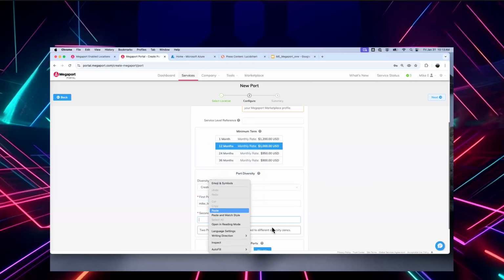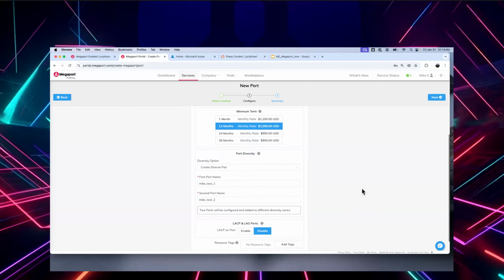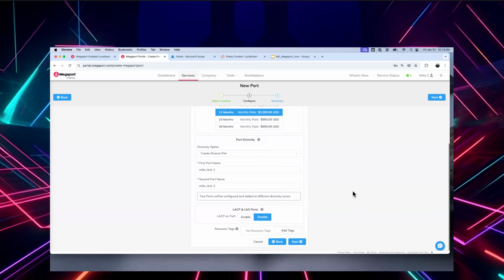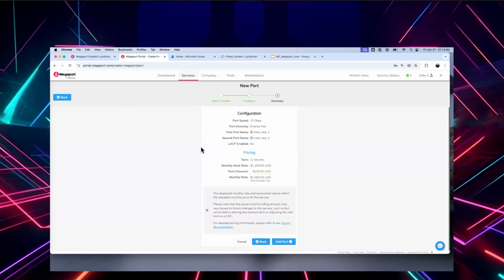And in the event that we perform a maintenance, which we do periodically, we'll take a red or a blue zone port out of service for the duration of that maintenance, maybe a couple hours, so that the traffic will flow over the secondary port. We'll never do maintenance on red and blue in the same metro ever. So just something to note and something to talk over with your team as you're setting up your service. So go ahead and click next. And we're going to go ahead and add those ports in red and blue again. And we'll go ahead and order that.